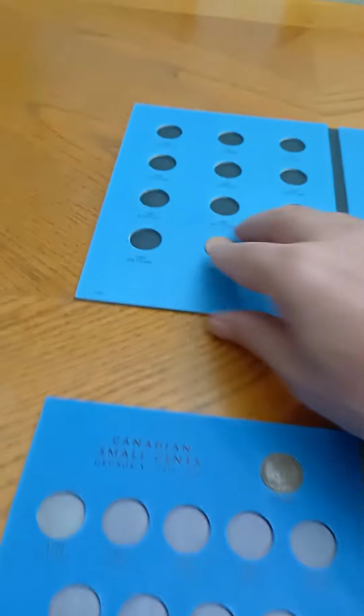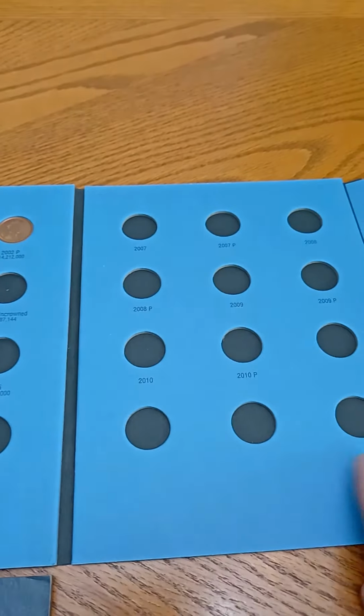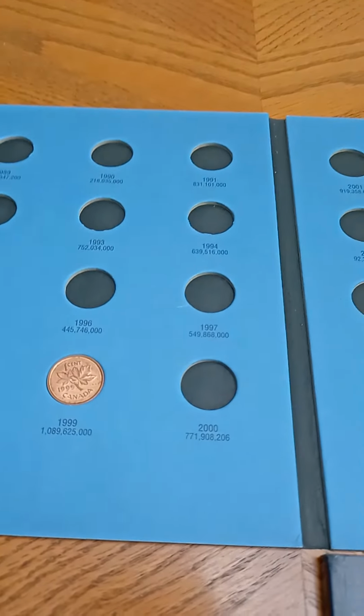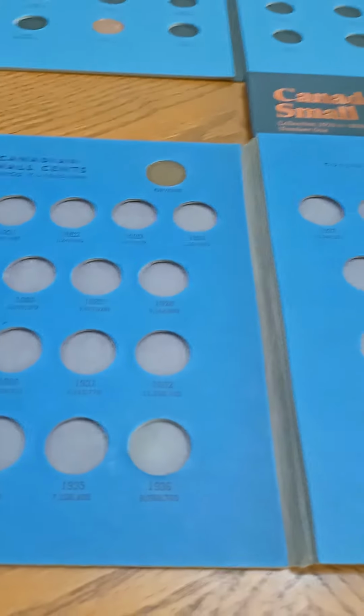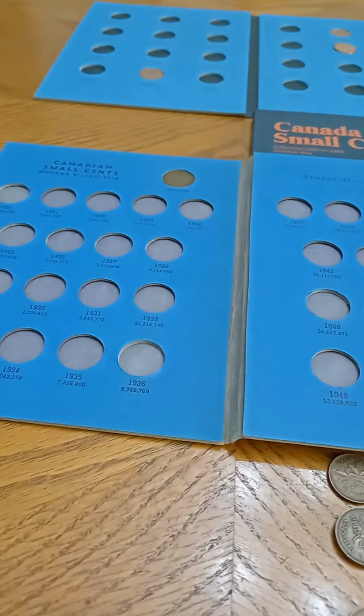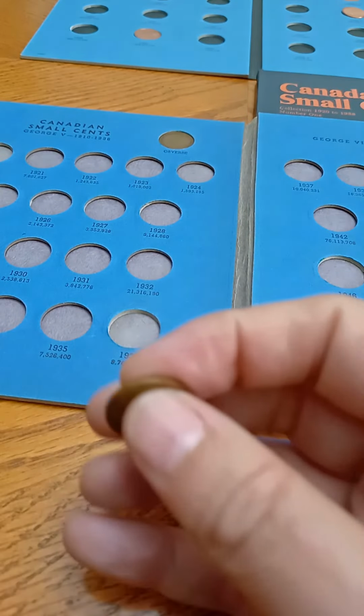I've got a second book that starts from 1989, goes till 2011 or 12. They didn't mark the last few years. I don't have that many new coins because I haven't had a folder for them. Didn't really keep them. So let's see what we can find here in this pile. All right, starting with